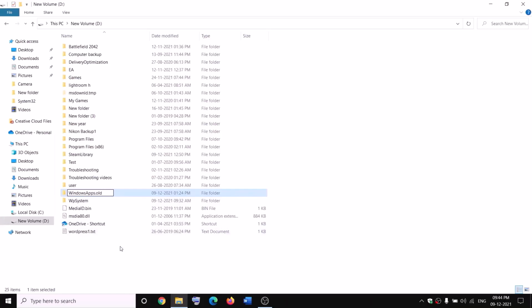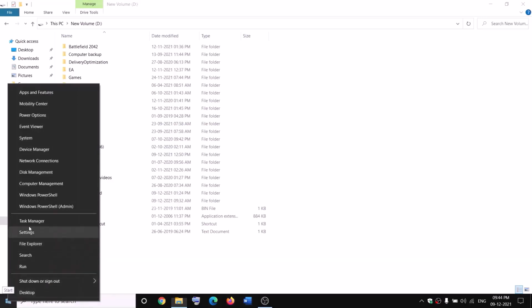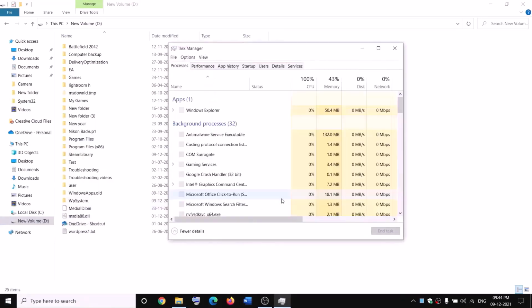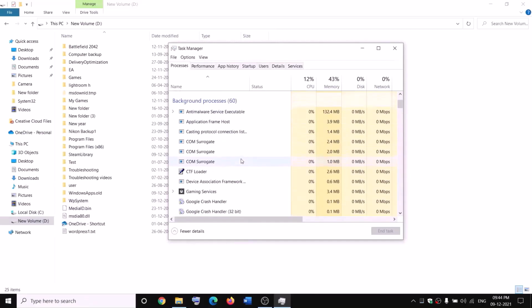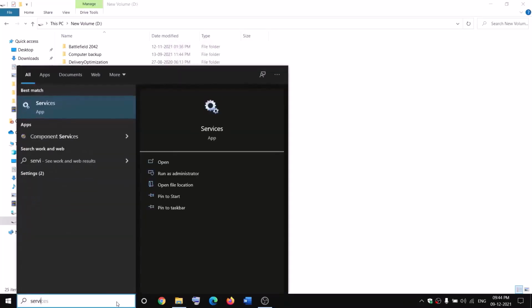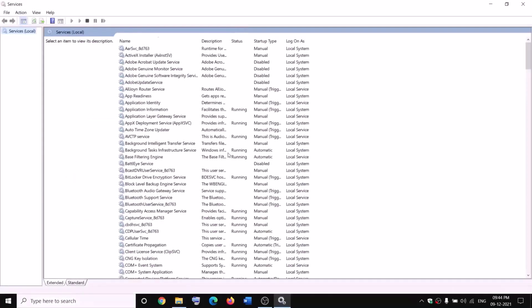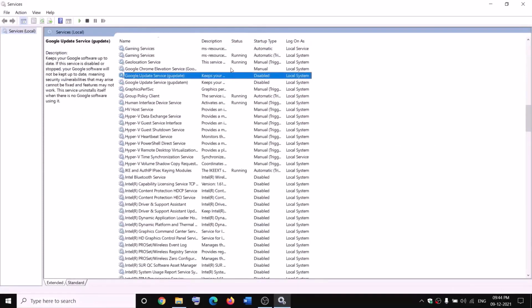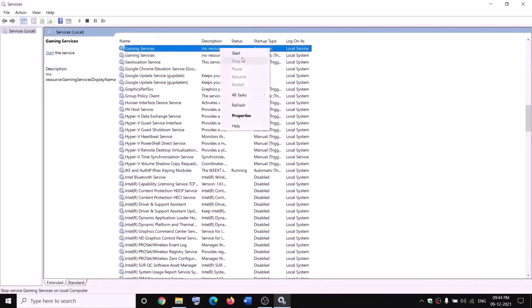WindowsApps.old. Now while renaming it, if you receive any kind of error message which says file is open, in that case open Task Manager on your computer. Make a right click on the start menu, click on Task Manager. Now if you find Gaming Services, make a right click and then click on End task, and also open Services over here and then go to Services and find Gaming Services, make a right click on Gaming Services, click on